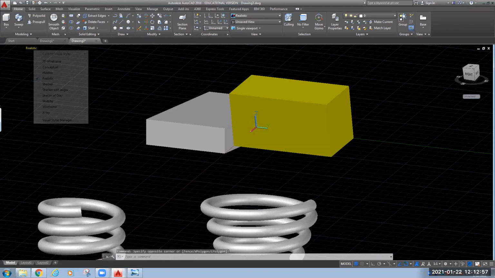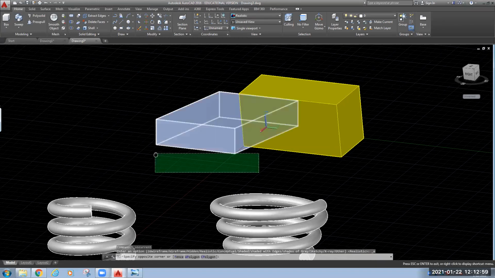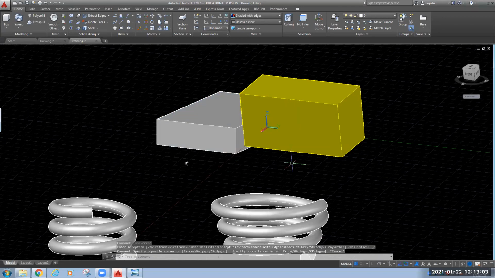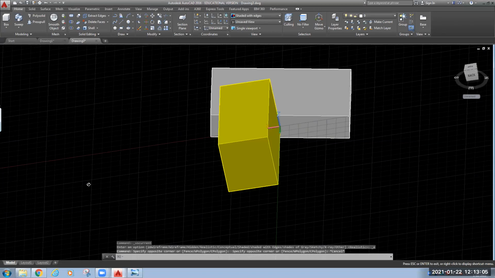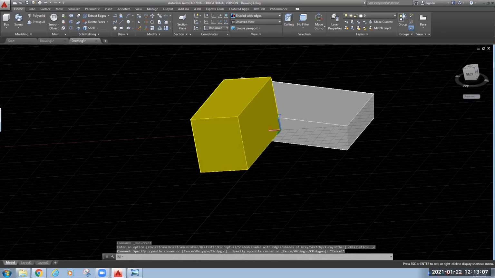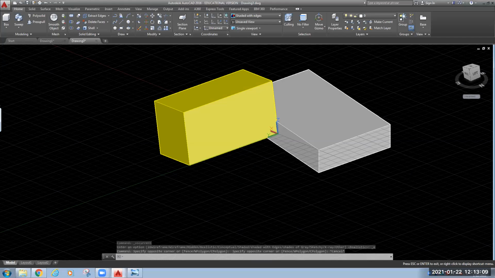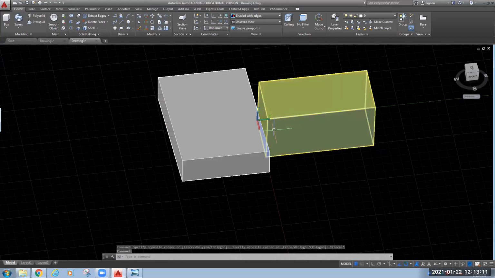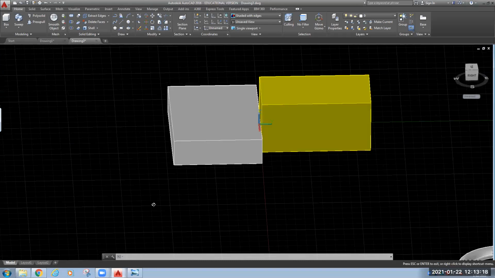So you can see how you can change your universal coordinate system, how you can rotate it as and when required. Wherever you need to draw any complicated 3D objects, this command is very, very helpful.